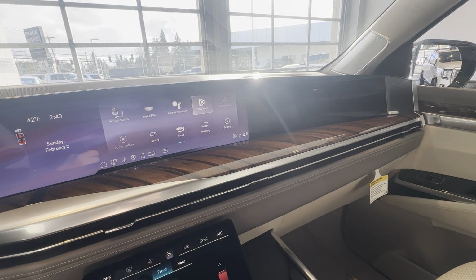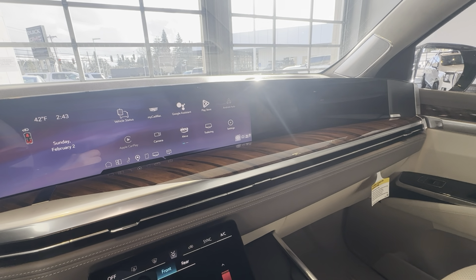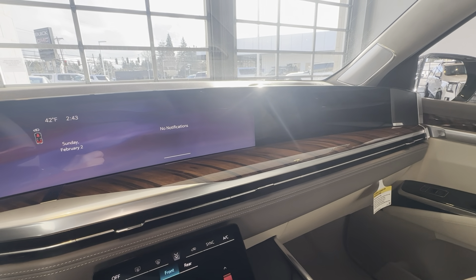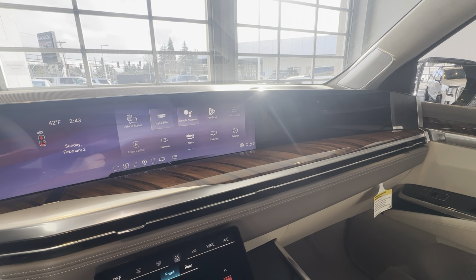Down there's a little bell. So if I go here, see that little bell right there? If there's ever a red dot, it means you have an update. So just go ahead and do that. And then